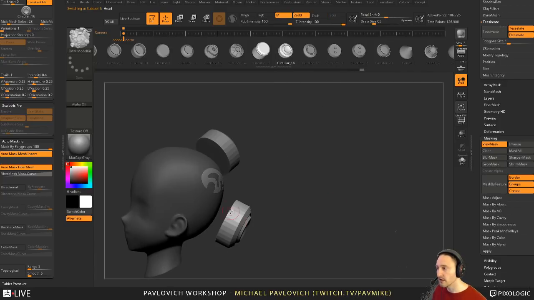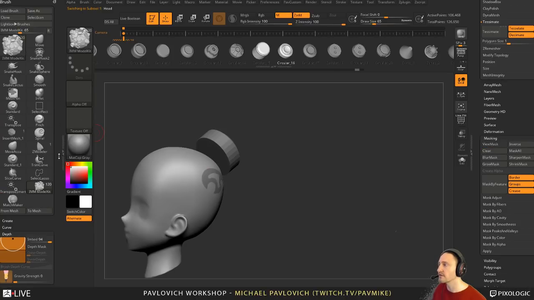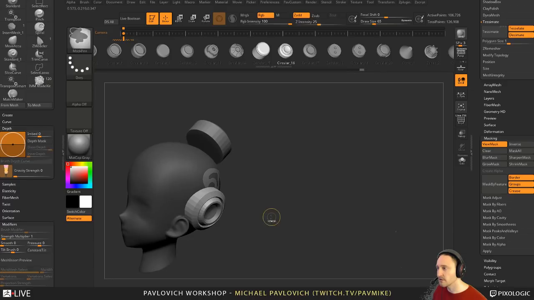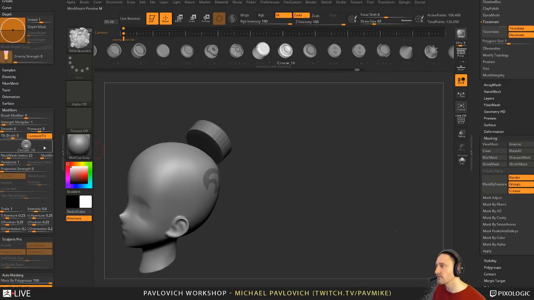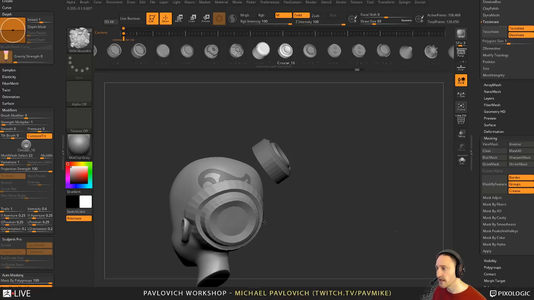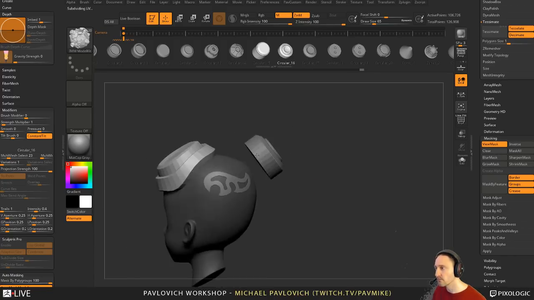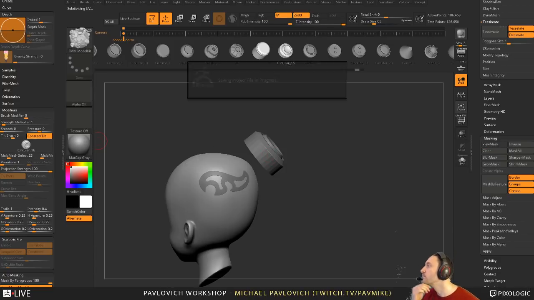So when you insert this on, it doesn't stick. Also looks like its depth is way off. So there it'll stick to my object, and if we wanted to wrap around the underlying object, that would be this projection strength. You turn that up to 100, and now as you drag on the roundness of your object, it'll go ahead and conform that InsertMesh Brush to your object. So